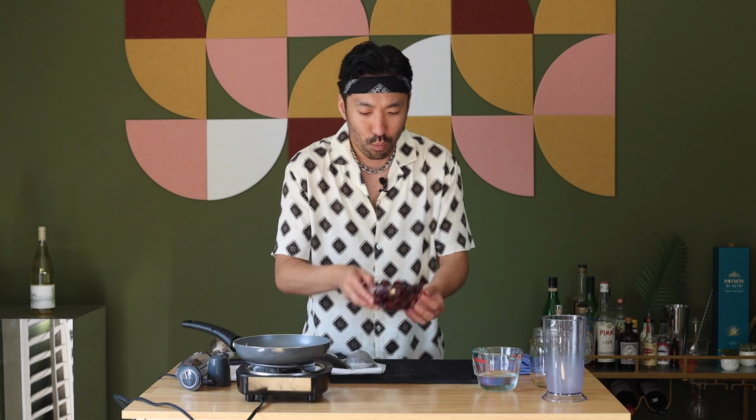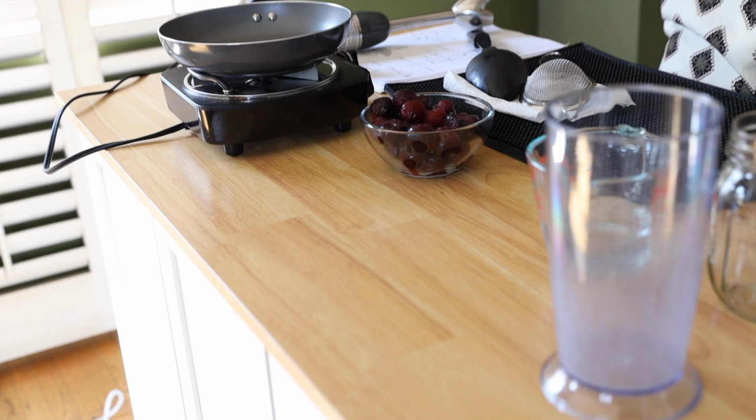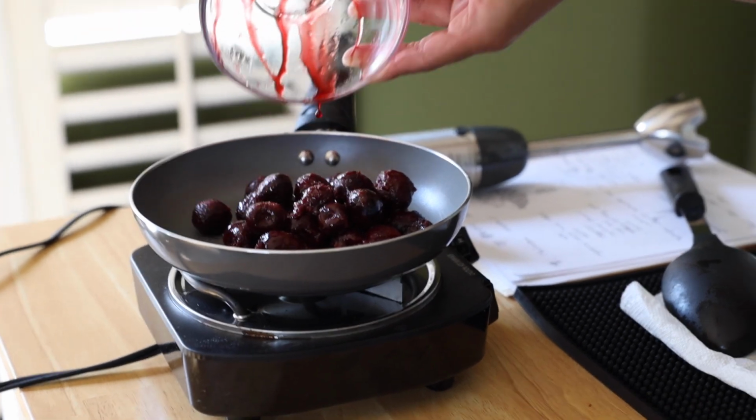And you might be thinking, why not fresh cherries? Because it's fall and cherries are a summer fruit, sadly. In my ideal world, cherries would be year round. I love cherries so much. So in this case, I got frozen cherries and I am going to heat it over my little pan